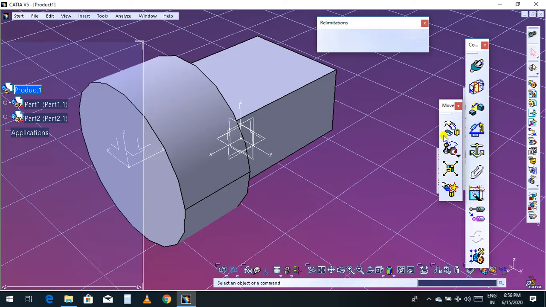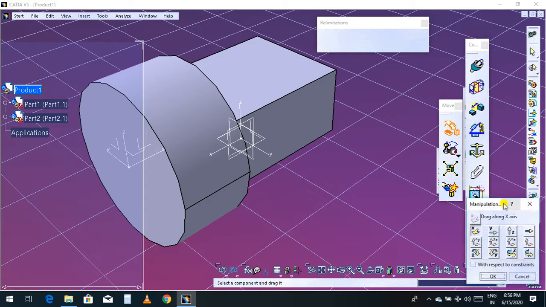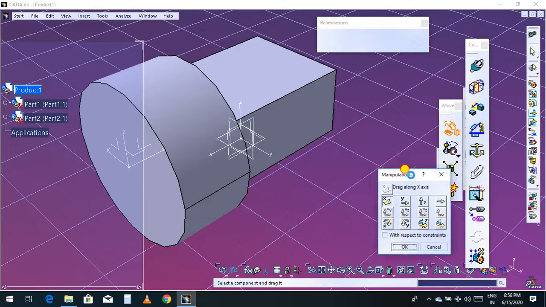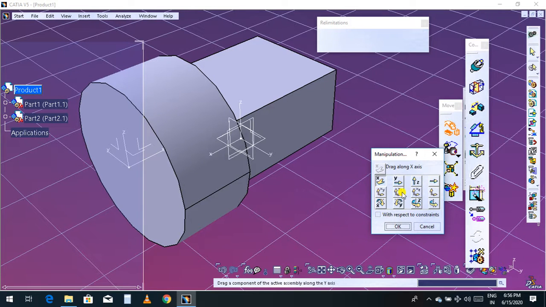Now let's open this manipulation. You can see one manipulation option here.